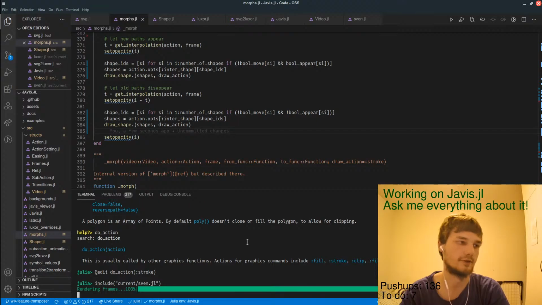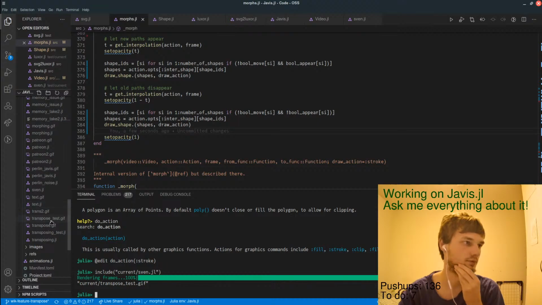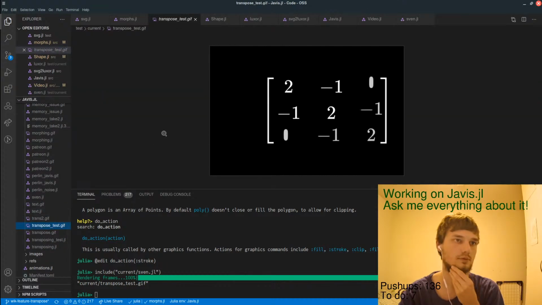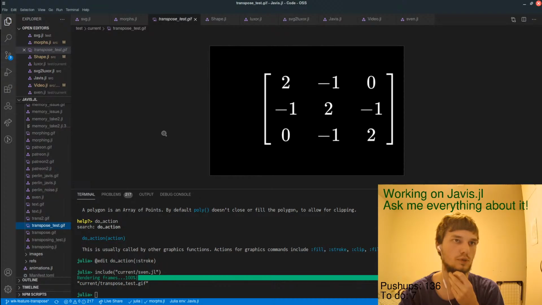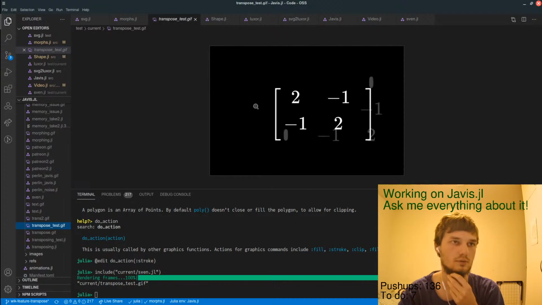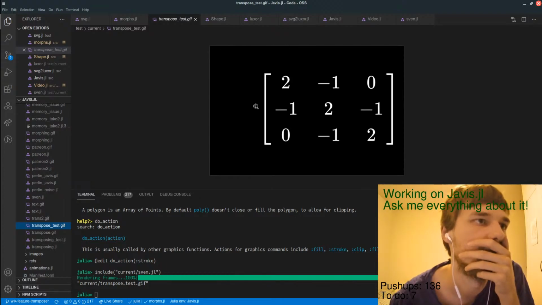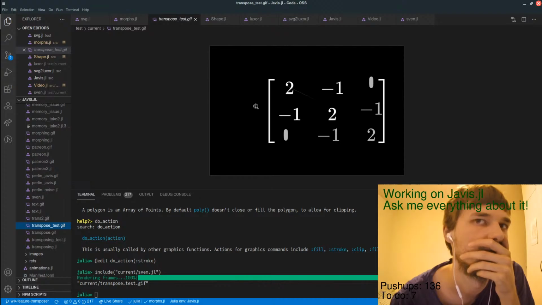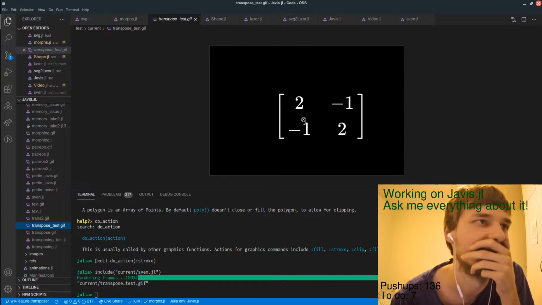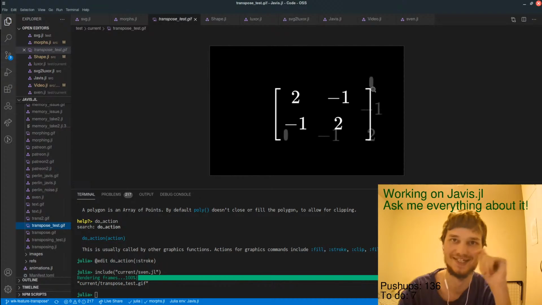Oh my god, it's rendering. Oh my god, it's rendering. Okay, there are weird errors. Yeah, so definitely the 0 is the problem I try to fix.